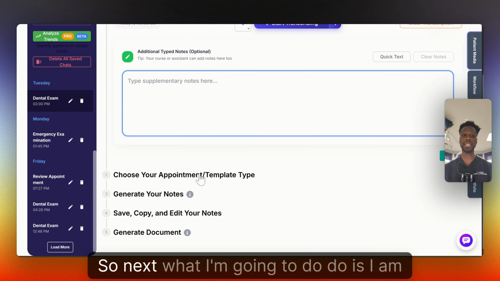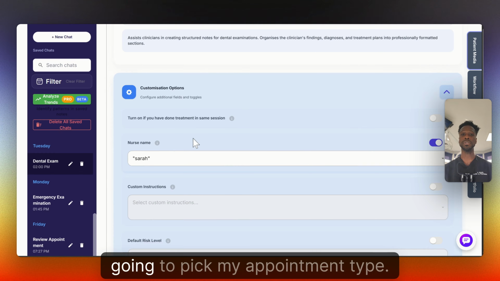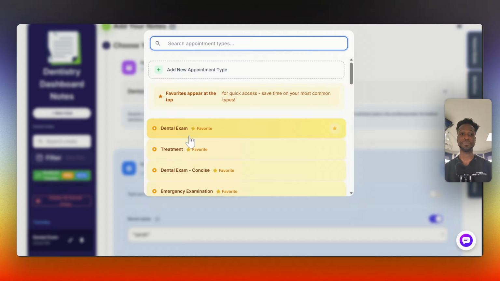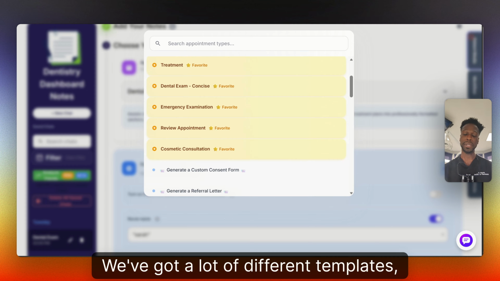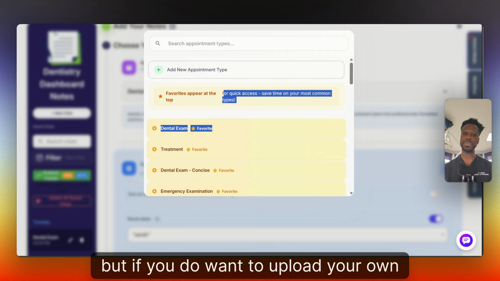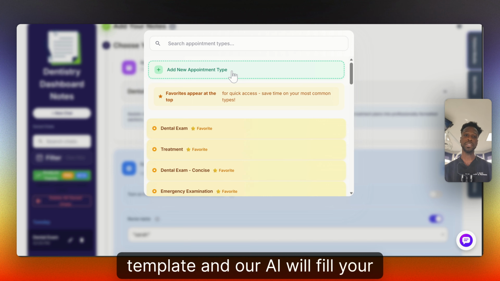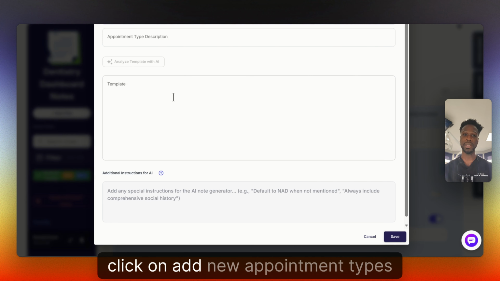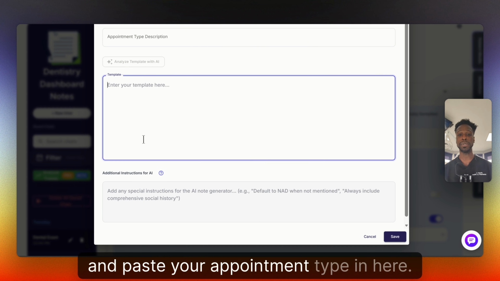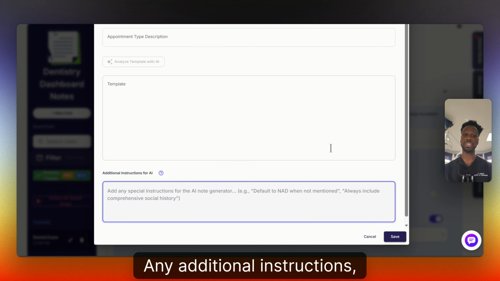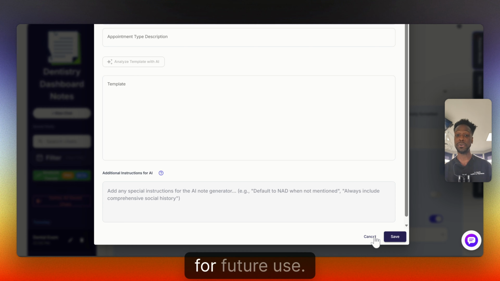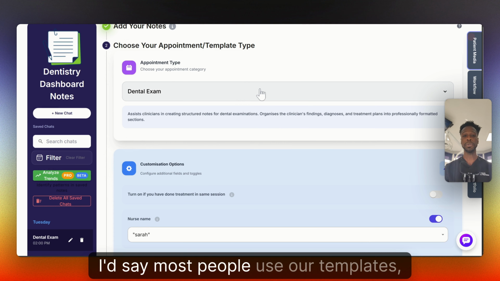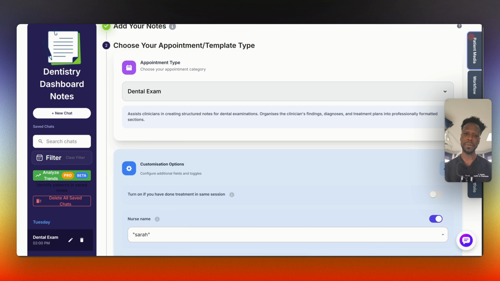So I've done that. Next I am going to my appointment type. I'm going to click on dental exam. We've got lots of different templates, but if you do want to upload your own template, and our AI will fill your template out, click on add new appointment types, paste your appointment type in here, any additional instructions, the name, and then that will be saved in your list for future use. I'd say most people use our template, but if you do want to add your own, by all means,